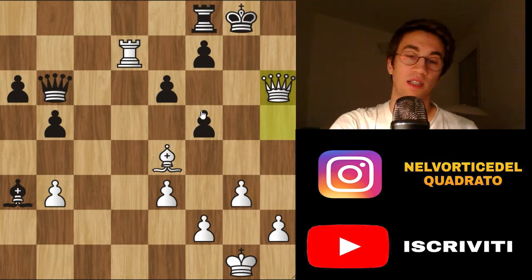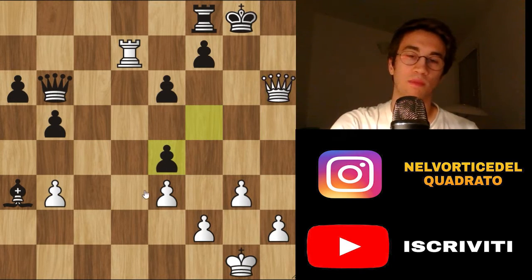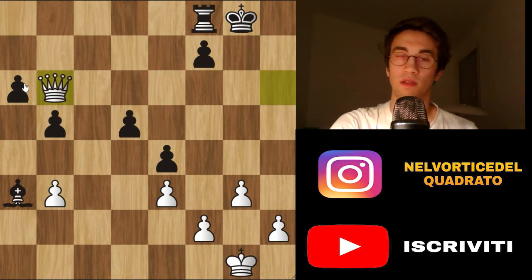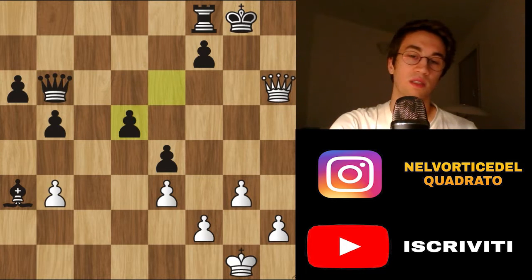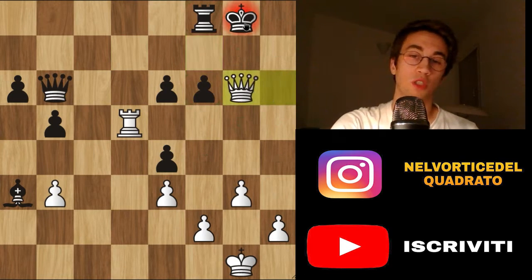here if Black takes the bishop, and this happens in the game, Levon takes the bishop, follows the move rook d5, and this move is so strong. You can't capture the rook because the queen falls, and this rook is a terrible threat because rook g5 is coming. You can defend if you try something like this, follows checkmate in 2,